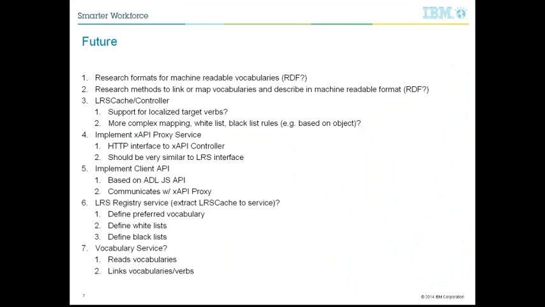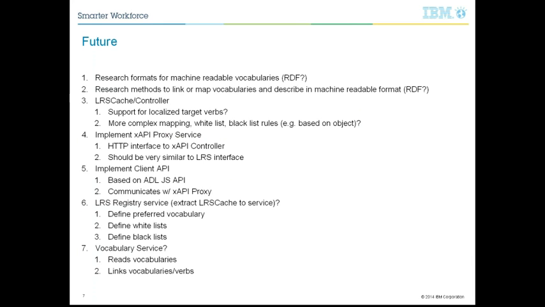We've done a lot of research and reading into RDF, but nothing that's presentable at this point. So I have that listed first on our list of things to do in the future, and that is to research formats for machine-readable vocabularies. This is how we will be able to get more information about a vocabulary to better send to the target LRS its verbs.